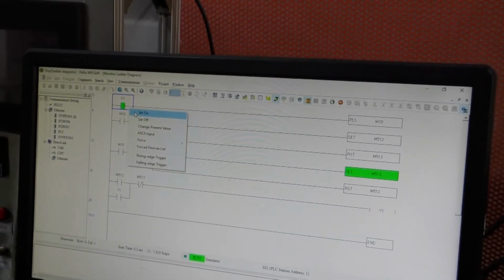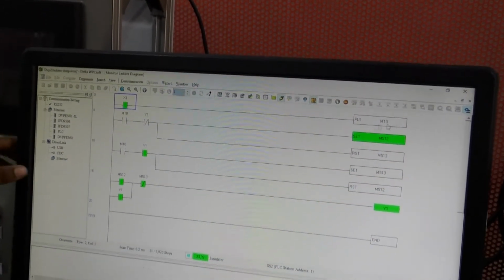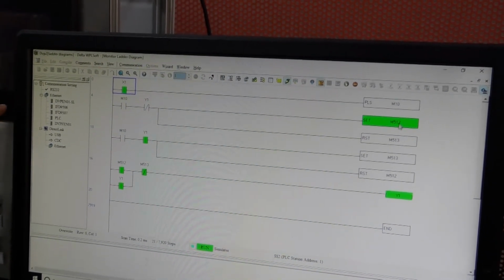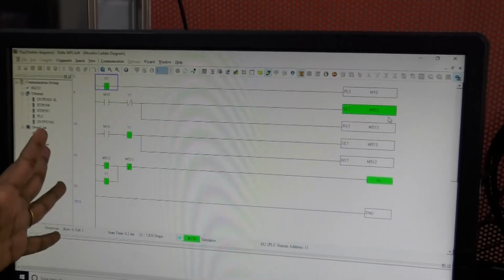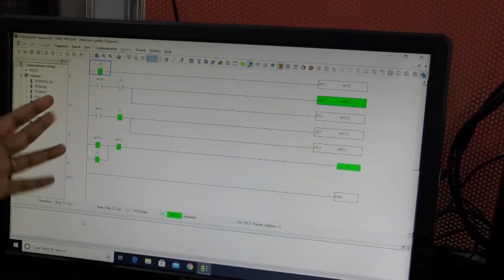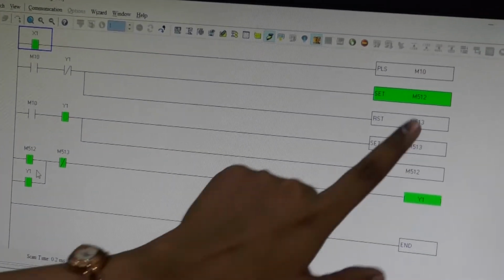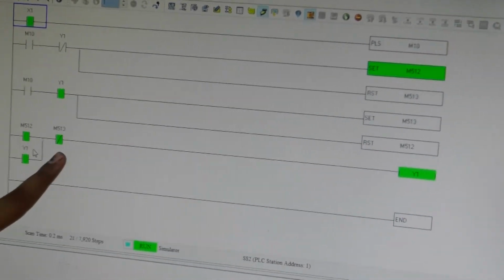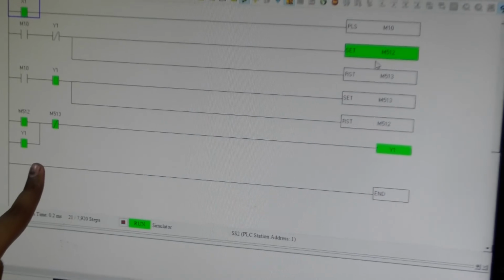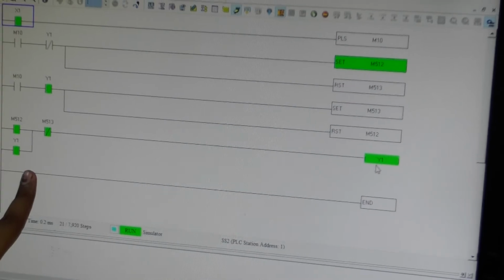So what is going on actually is, here x1 I'm switching on for the odd number of times. For the odd number, so complete cycle M10, that is 10 cycles. Okay, so here the 512 represents the odd number of times. So at that time the reset option is for 513. So this is the main thing, this will act. So here if M512 is on, then only the indicator will be on. If you just observe, M512 is on, when it is in the set mode, then only the indicator will be on.